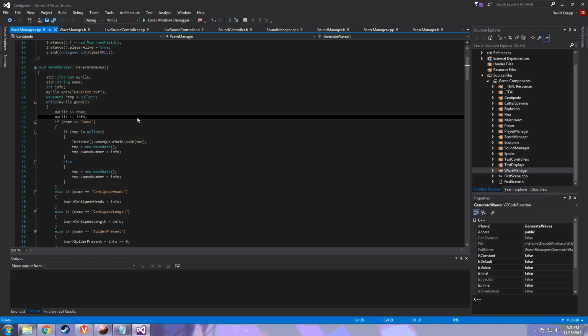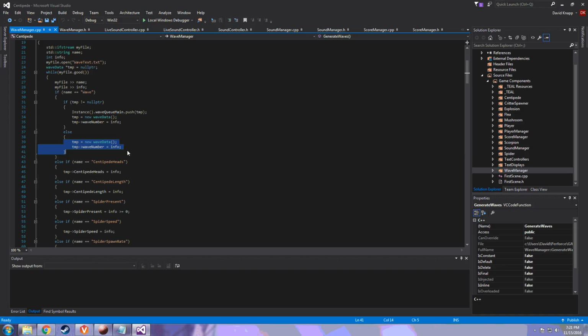it will check the name and the information of the two things as separated by a space. It will check the name and assign it to the proper thing. If it is a wave, it will create a new wave data to add to the main wave queue. And